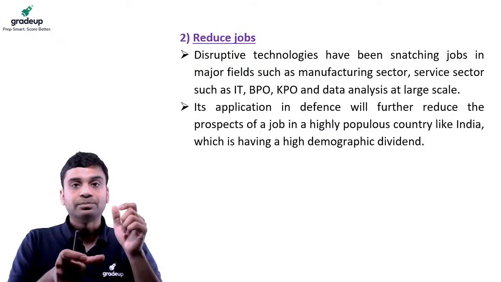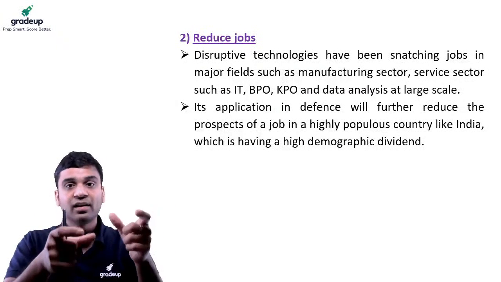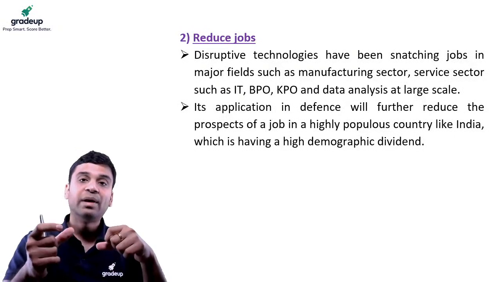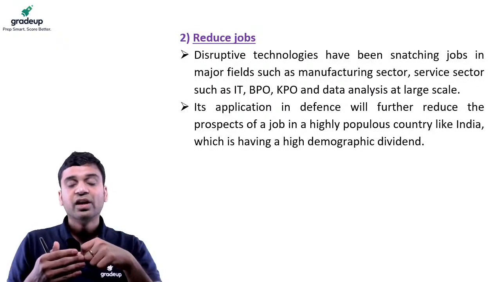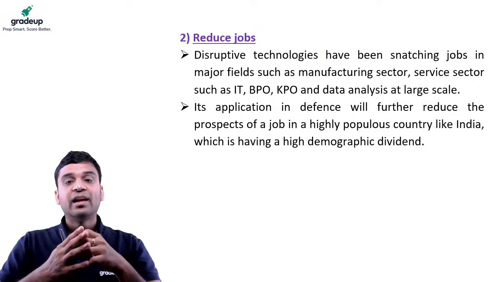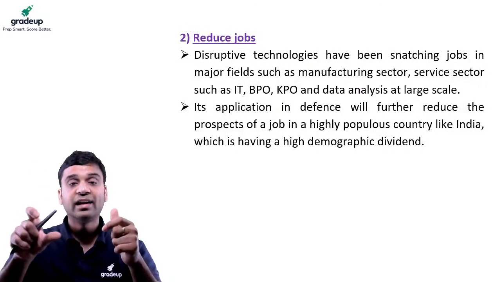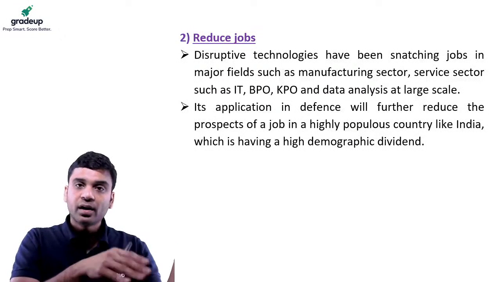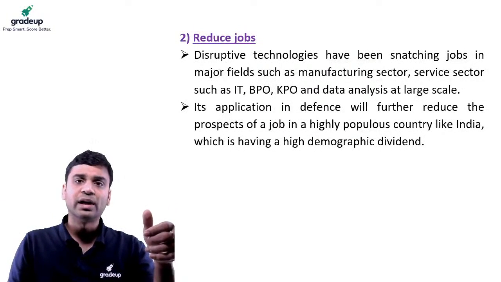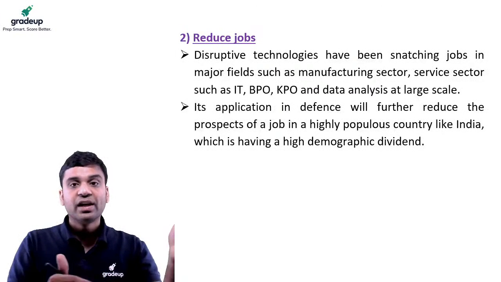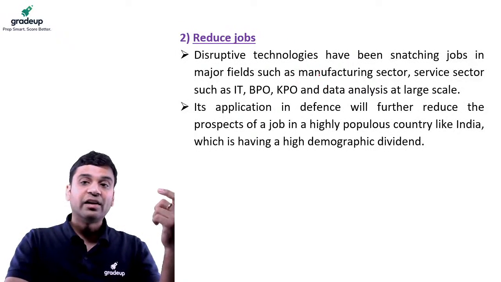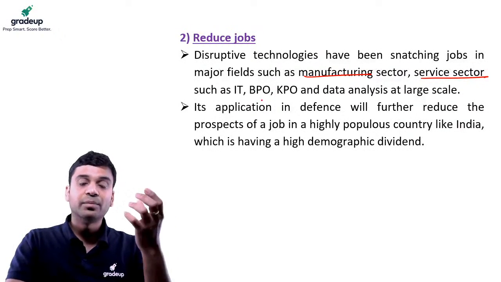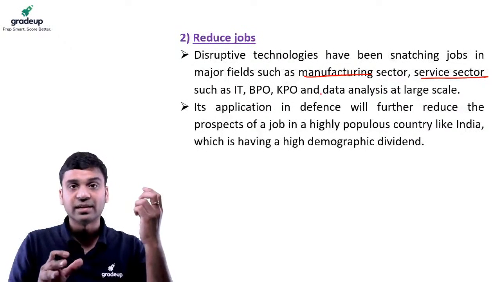So if a UAV is coming, meaning if an artificial intelligence system itself will do this, it can be manufacturing the weapons, it can be manufacturing the secure systems, or like we had seen big data analysis, mapping out the data analytics that a team of human personnel could do before. So the team of people who were mapping out the data analysis, now a simple computer is doing. So the jobs would obviously be reduced. They can snatch away the jobs from the manufacturing sector, service sector like IT, information technology, BPO, KPO, and all the jobs can go.